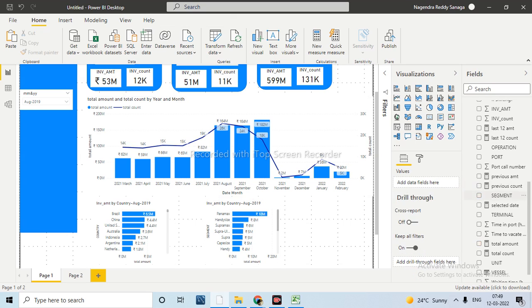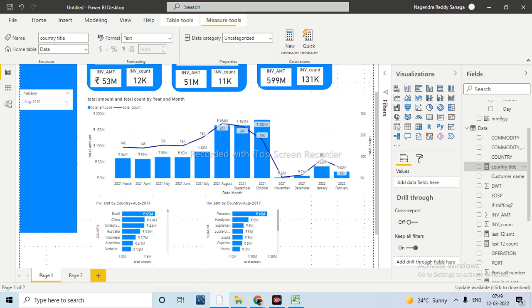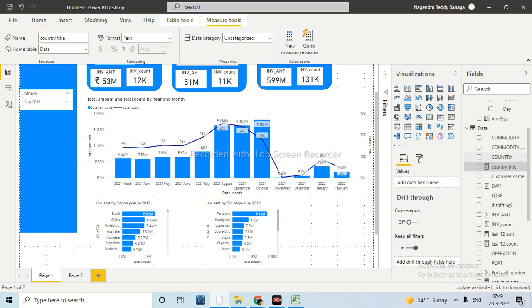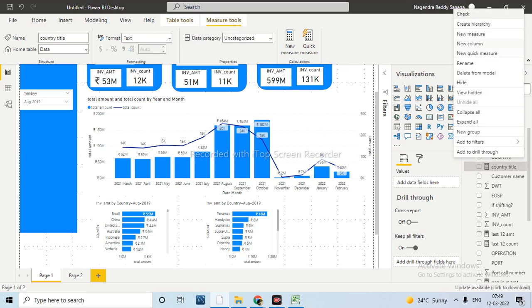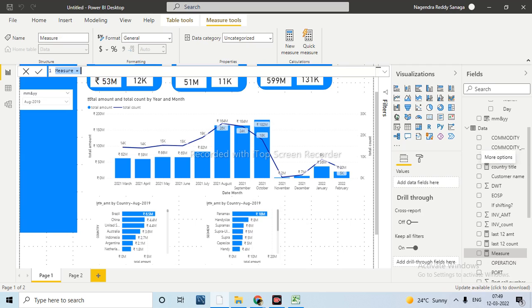For that we need to create one more measure. Let me copy the country title measure and create one more measure, the segment measure. We are just changing the text in between, wherever we have country, that will become segment. Everything else remains the same.